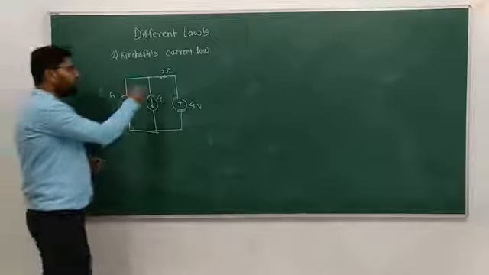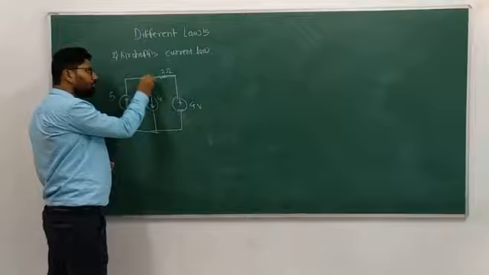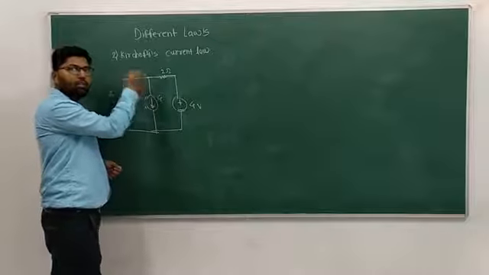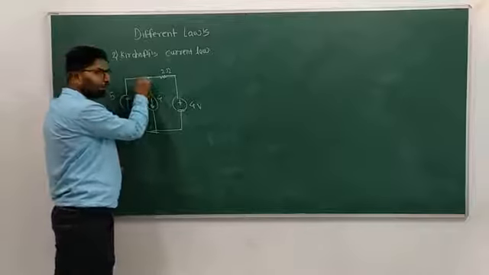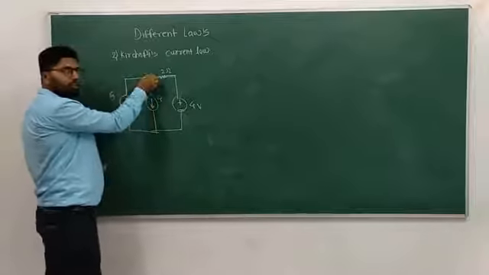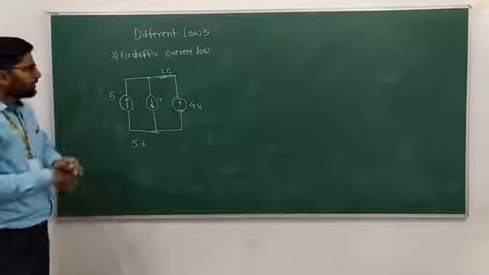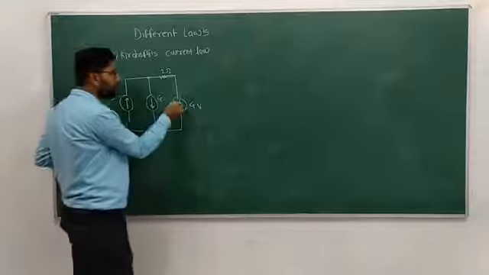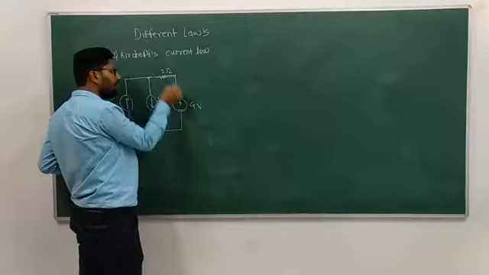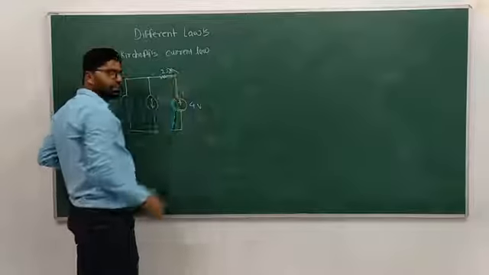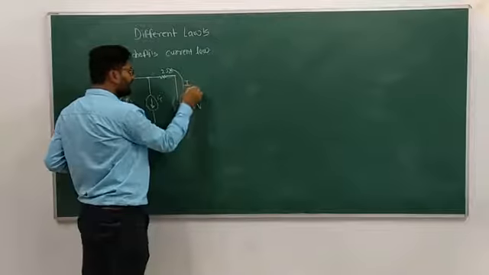Okay. So how to calculate incoming current and outgoing current? So there is one node available here. For this point, we have to find out incoming current and outgoing current. So how many incoming currents are there? So this is incoming current. So that is 5. Plus how many other incoming currents? So this is also incoming current. Plus minus. This is plus. We are going in this direction, the direction of a current. That is I3, I will say.